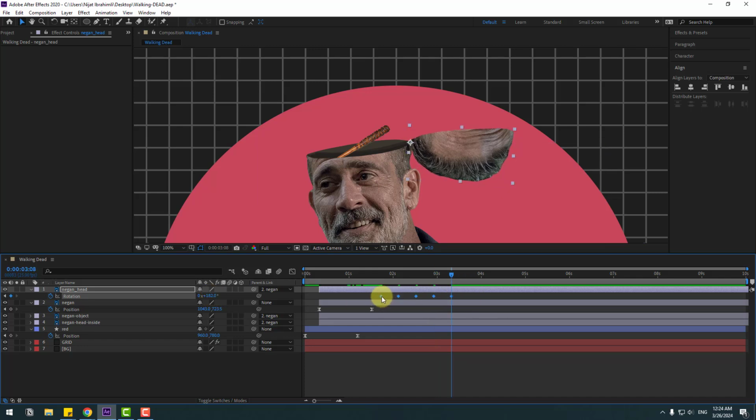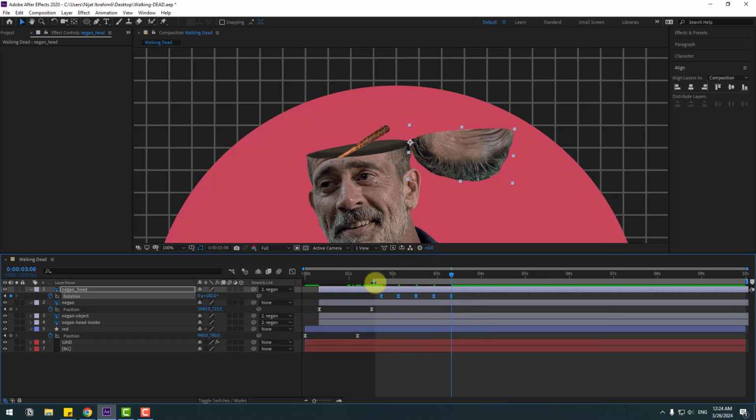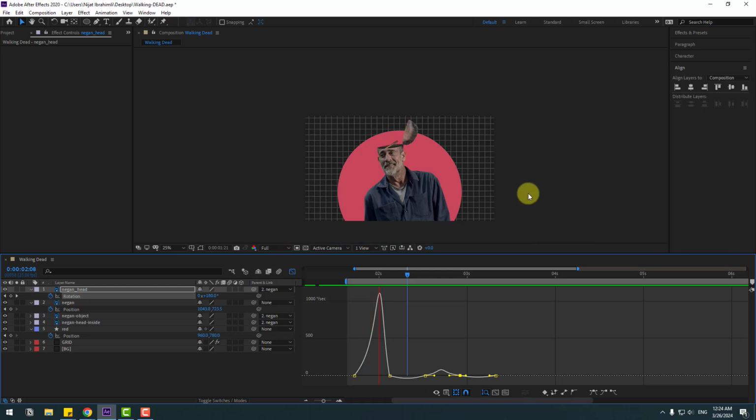Okay, so select keyframes, make easy ease and select work area. Nice. And select keyframes, go to graph editor and select this first graph, make it like this. Okay, and select this keyframes. Okay, not bad. So back to keyframes,